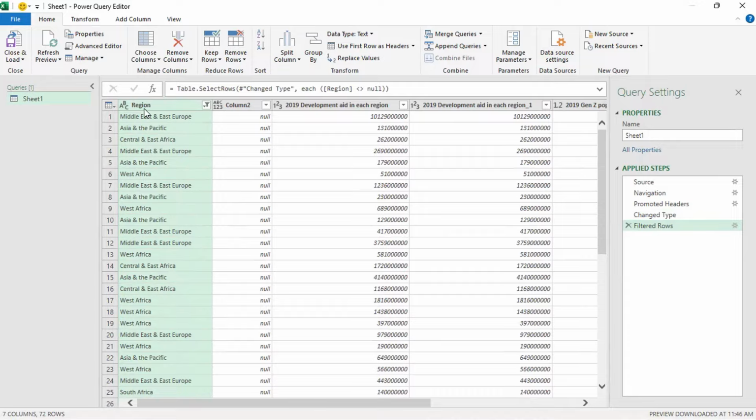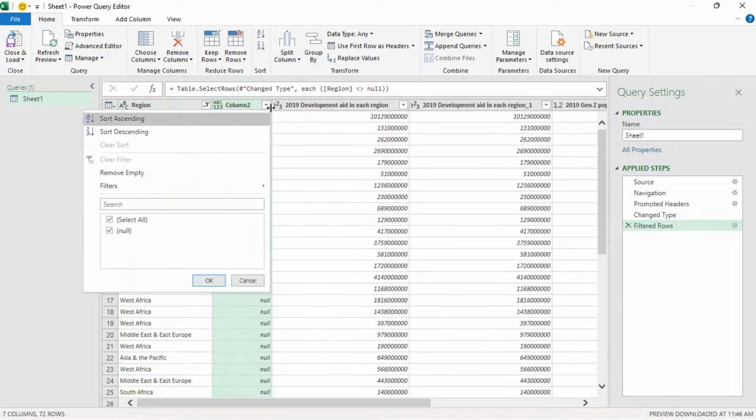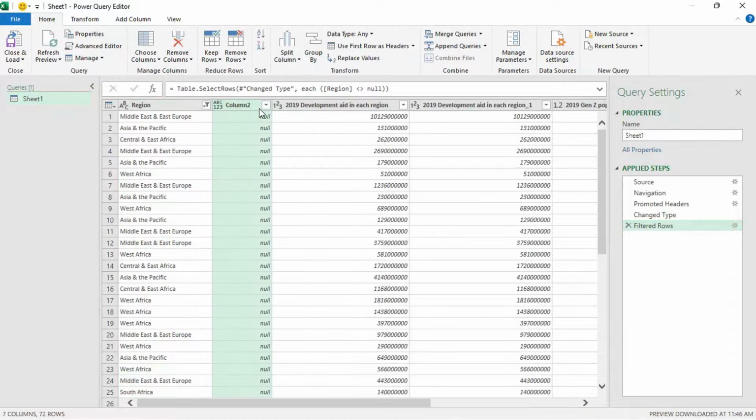But also this region is okay, because region is in terms of word format. Here we have the empty column. This is the empty column. When you click the filter button, you will see this is an empty column. So we don't want this column. You will just highlight the column and click here in the remove